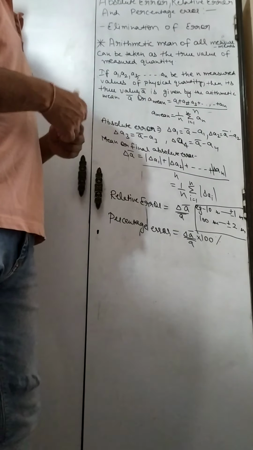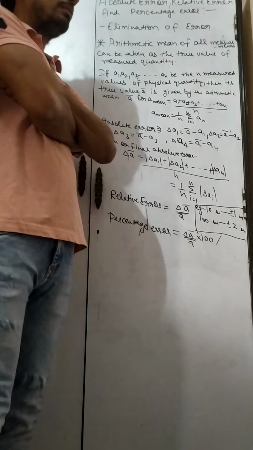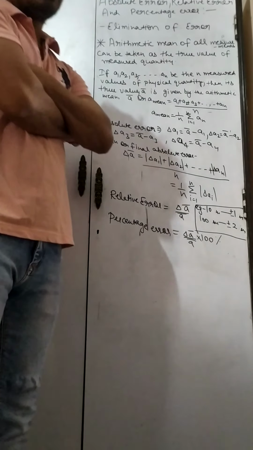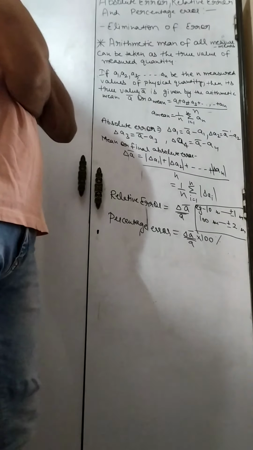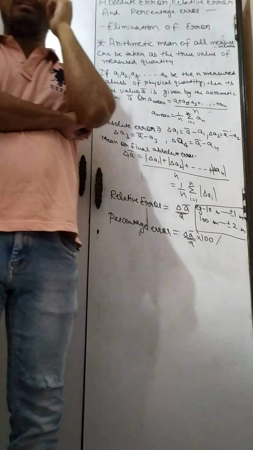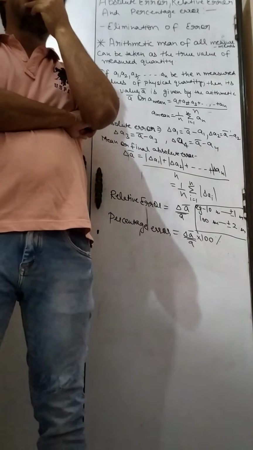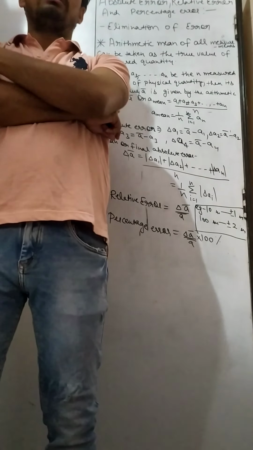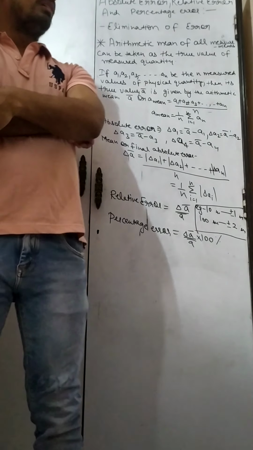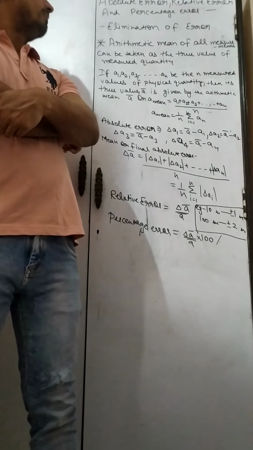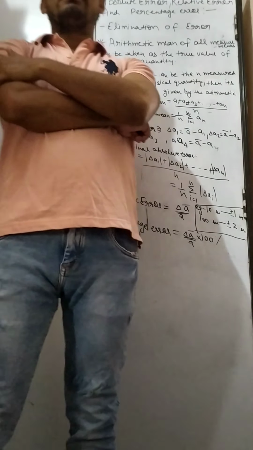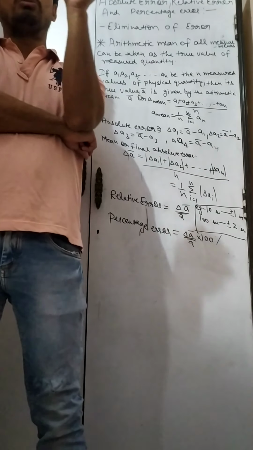Welcome everyone. Today our topic is absolute error, relative error and percentage error. Exactly, the topic is elimination of error, and we will discuss percentage, relative and absolute error. What are these things? For the elimination of error, it is said that whenever we are going to measure